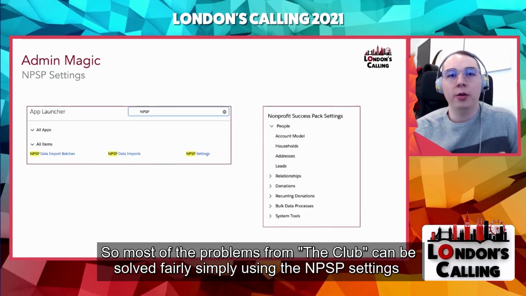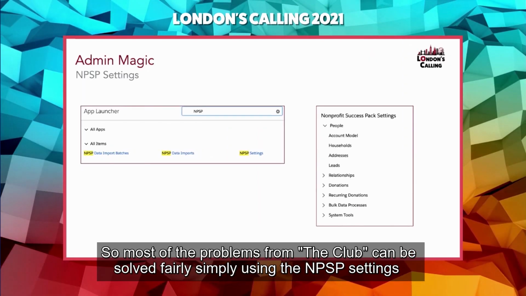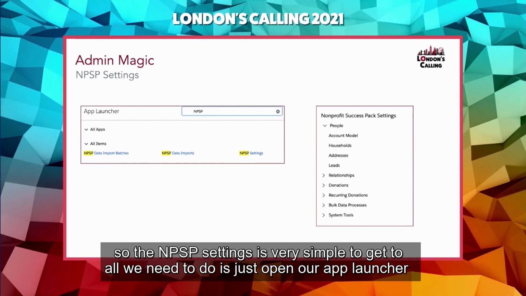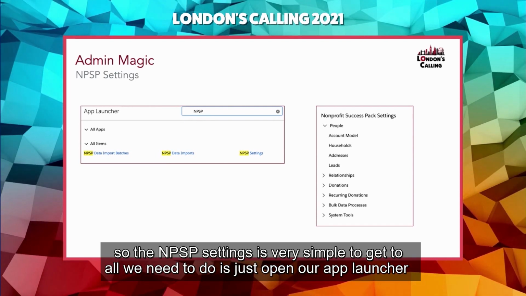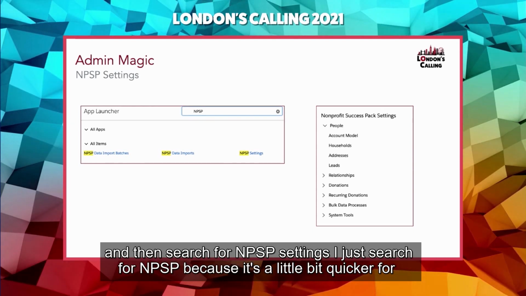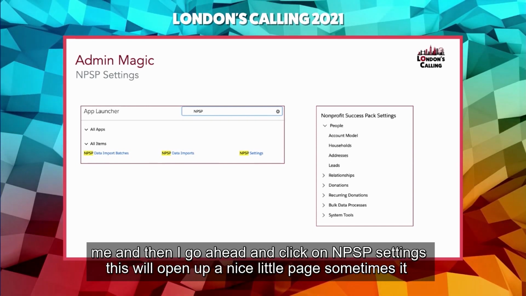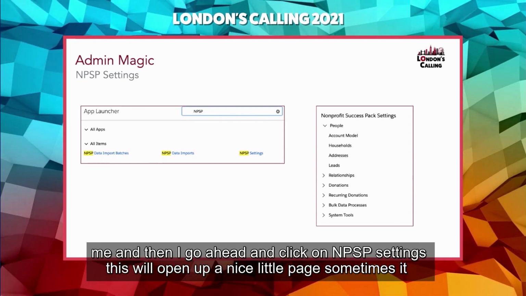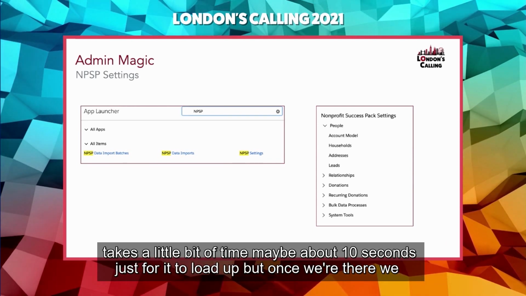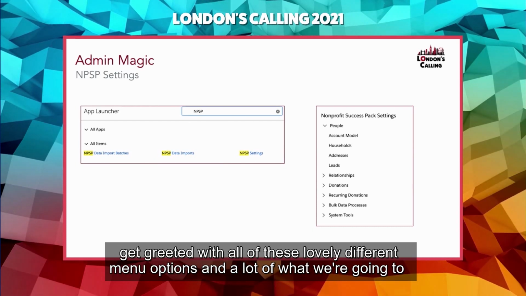Most of the problems from the club can be solved fairly simply using the NPSP settings. The NPSP settings is very simple to get to. All we need to do is open our app launcher and then search for NPSP settings. I just search for NPSP because it's a little bit quicker for me. Then I go ahead and click on NPSP settings. This will open up a nice little page. Sometimes it takes a little bit of time, maybe about 10 seconds, for it to load up. But once we're there, we get greeted with all of these lovely